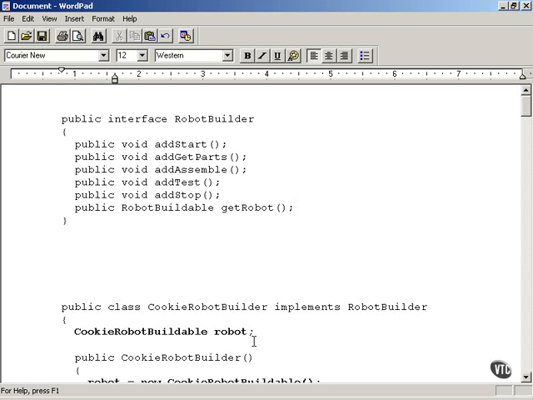So let's start coding the robot builder class to understand how the builder template works. We're going to start with an interface, the robot builder interface, which is going to have the methods we're going to use in the robot builder: add start, add get parts, add assemble, add test, add stop, and get robot. When you call the add start method, it's going to add a start call, and when you call the add get parts method, it's going to add a get parts call to the sequence of method calls that